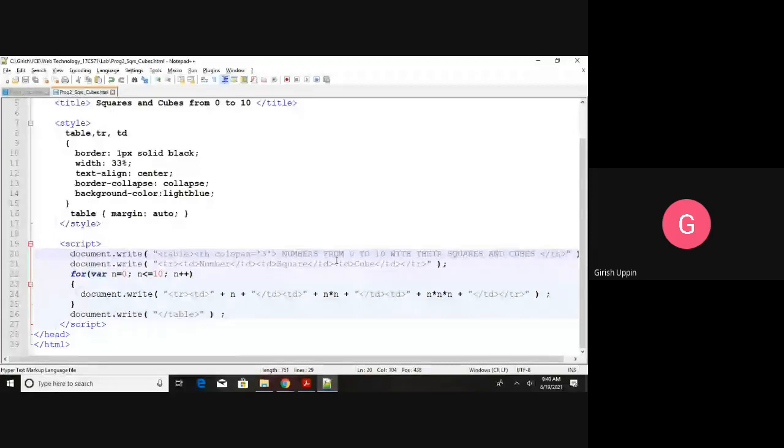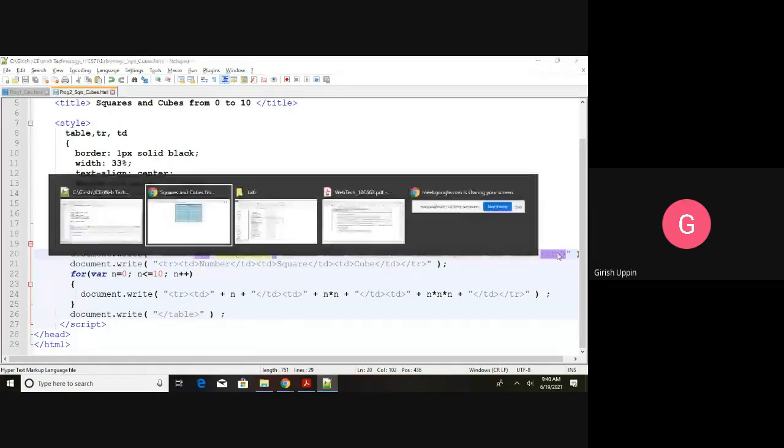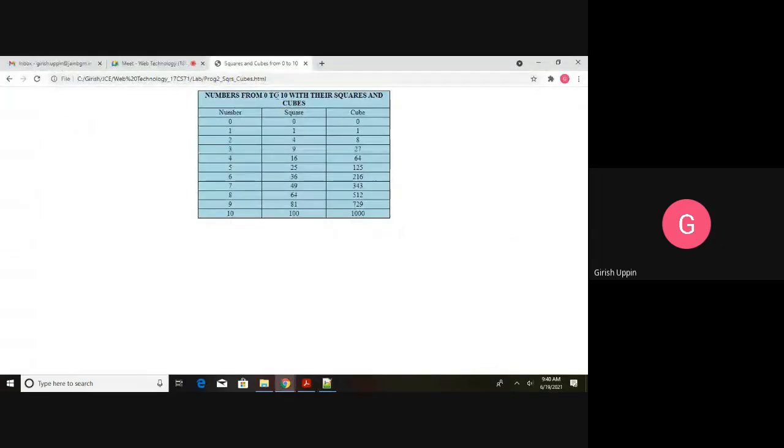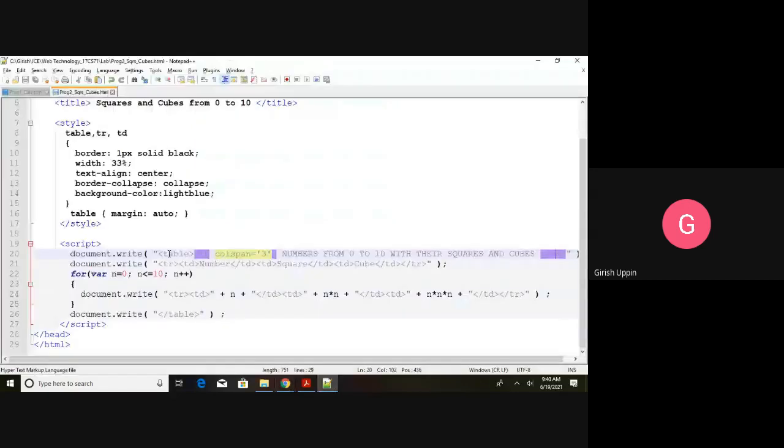You can see table, this is the beginning of the table. Then I have the table header with colspan 3, and the text is numbers from 0 to 10 with their squares and cubes, closing the header element, that is th. That is what you are seeing here, numbers from 0 to 10 with their squares and cubes, coming from here.